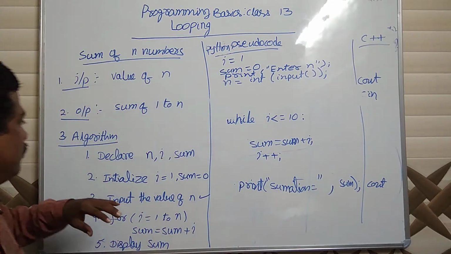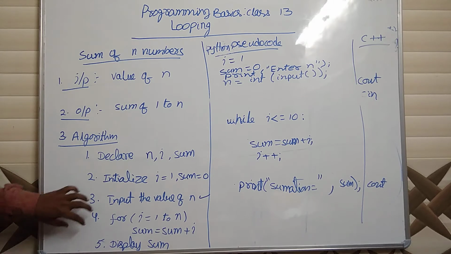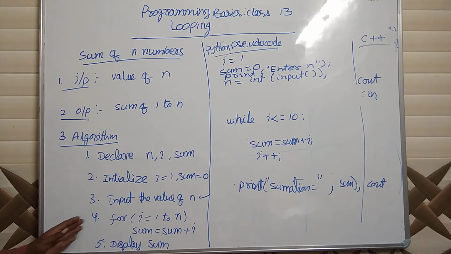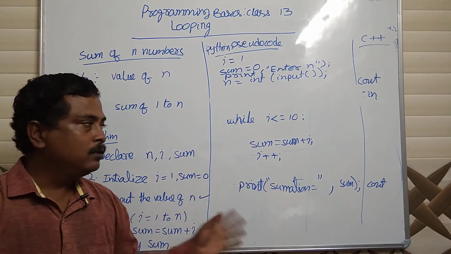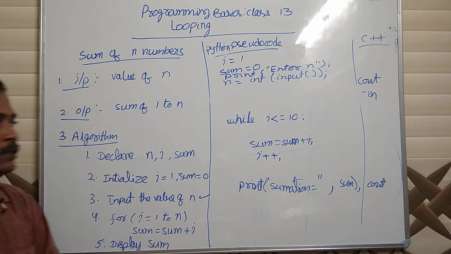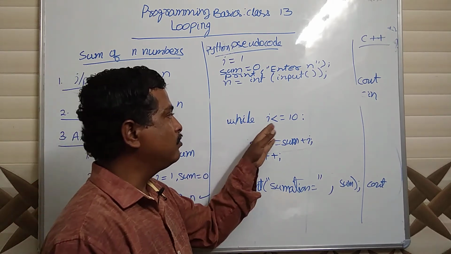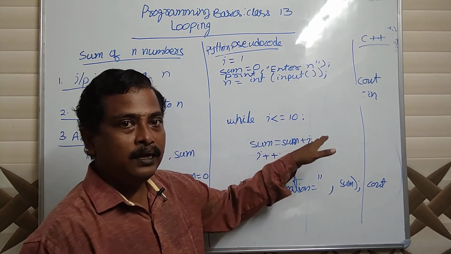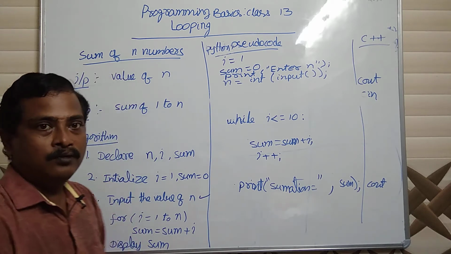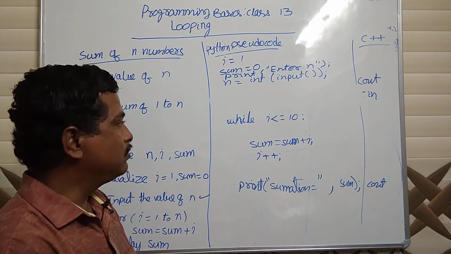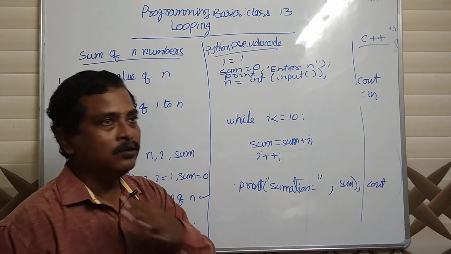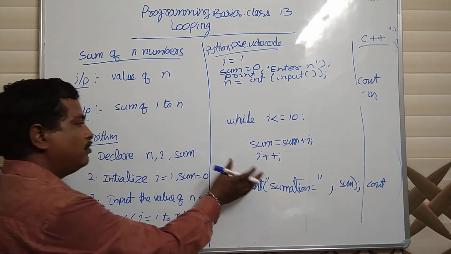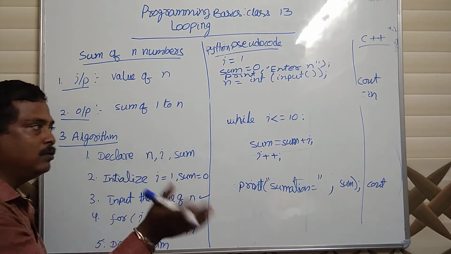So see, if you understand the first three steps up to the algorithm, how easy it is to convert it into some language. Okay, I have taken it in a while loop. You can take it in a for loop. The for loop in Python syntax is something different. You will not write i equal to 1, i less than 10, i plus plus. Directly you will write for i in range 10. That range you can give in 3 types. So overall I am telling, you can take any loop, for, while, do while. In Python do while is not there.